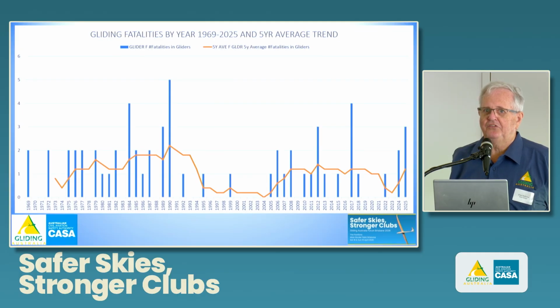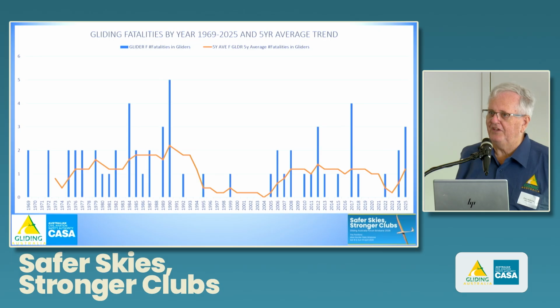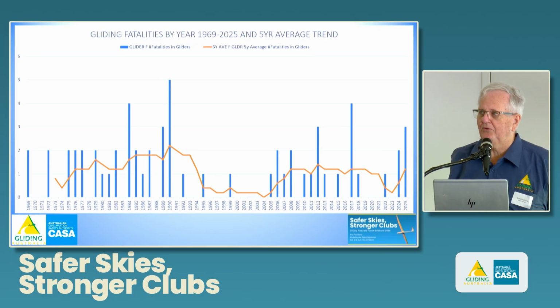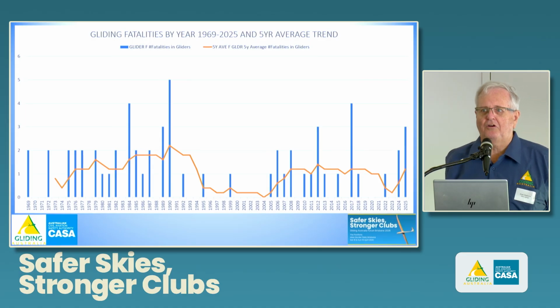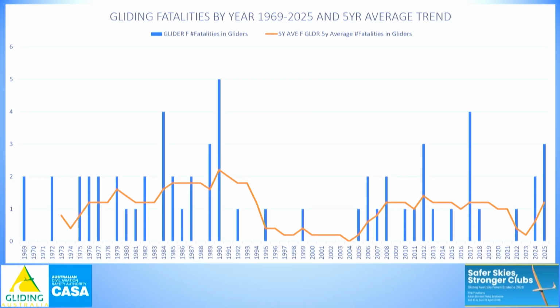The red line is the rolling 5-year average. If you look back in the 70s and 80s, you saw those peaks and the accident rate was pretty bad. In the 90s, you see that dip, and possibly that's hidden by lost records. Recently, we're starting to see some spikes of high casualty, high fatality years. Our challenge is to reduce those rates, to better prepare our pilots, and mitigate operational and airworthiness risks.